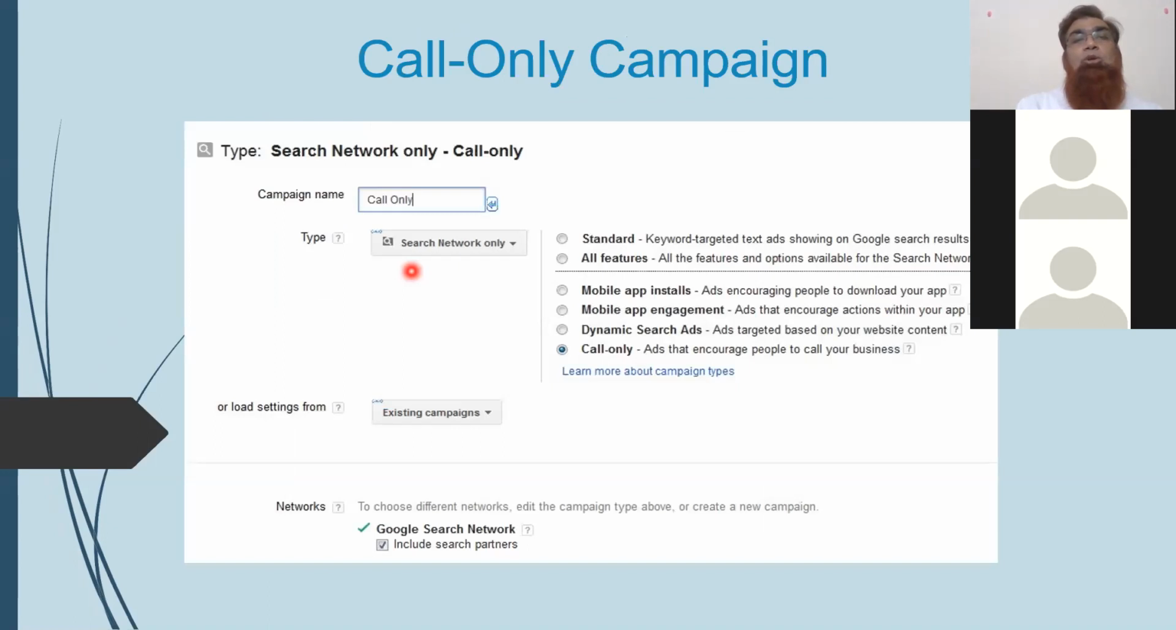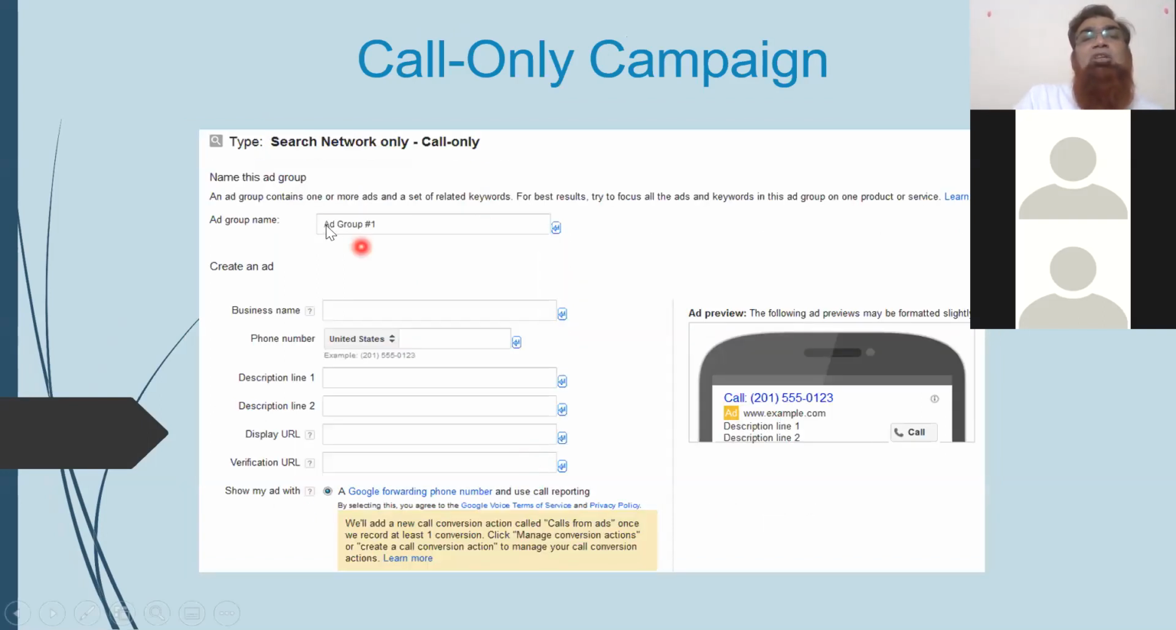So the moment you create a search network only campaign, and then you get the dynamic search ads option, you select it and it asks for the website. Now here you click on call only, and it will ask for a few other things. Let's see. Here it is, ad group 1. You can customize the name that you want to give, and then you should have an appropriate business name, because